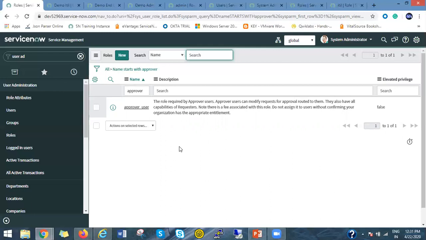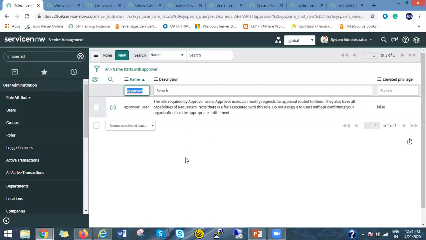In that case, the request will go to that user's manager for approval, and that manager should have the approver_user role. Only then can that manager approve or reject the request raised by the end user. So all these roles are available in ServiceNow.